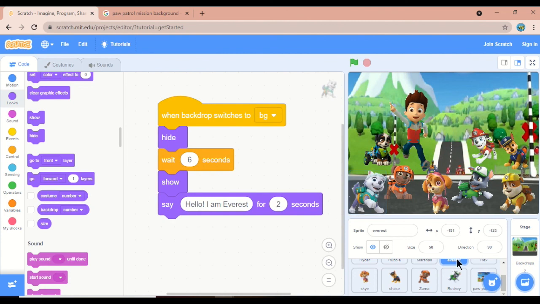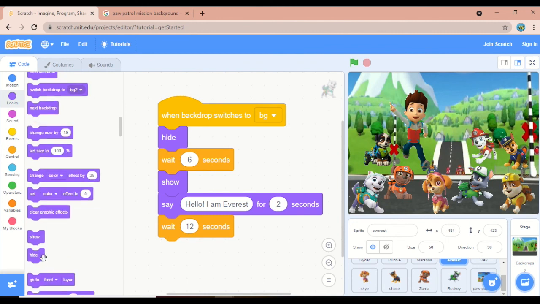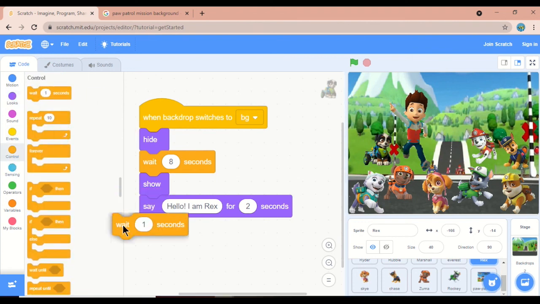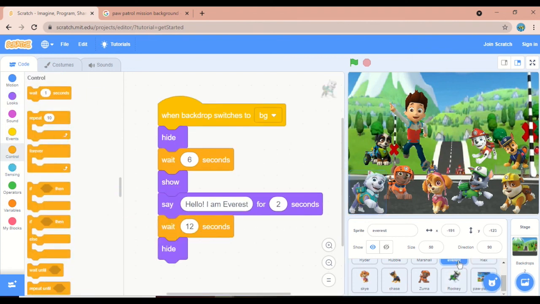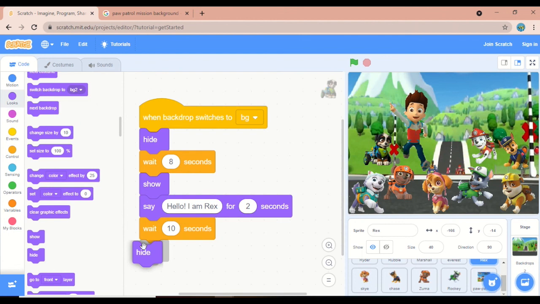Next, Everest. Everest will wait for 12 seconds for others to complete. Then after that, he will hide. Then Rex will take 10 seconds to wait for others. After that, he will hide.